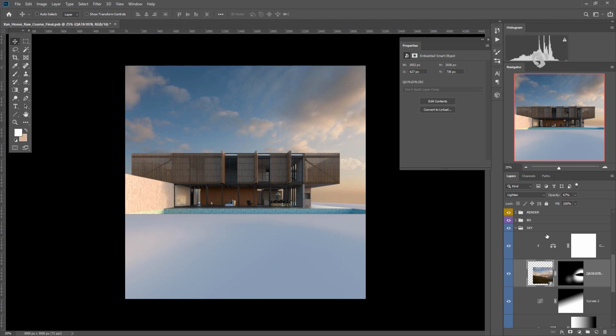Okay, it's about masking. You add a mask, you invert the mask, and you paint white only where you want to keep the content. And still, if there's something to fix, you can add some adjustment to change the color maybe slightly. And you also have the opacity, which can go down if the result is too strong and too visible. Okay. And so anyway, we are talking about skies, and things close to the horizon